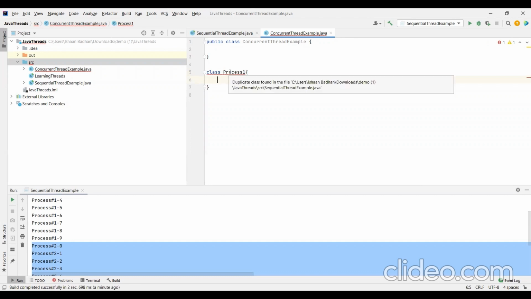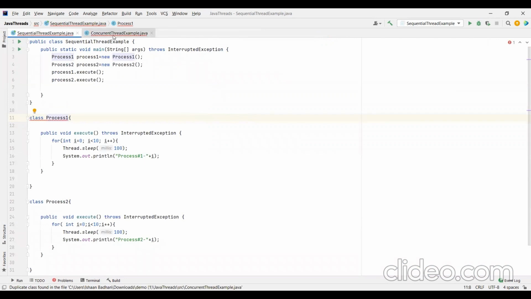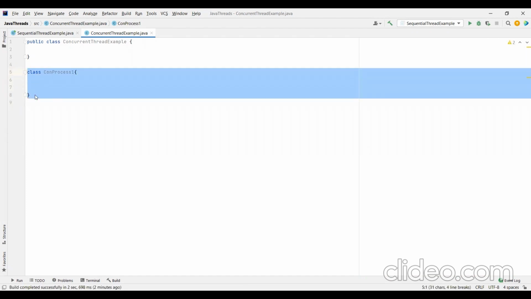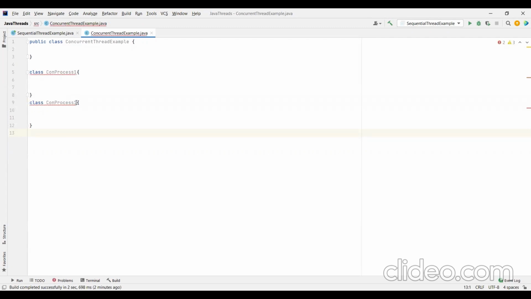Now you see it's throwing a duplicate class found error, because we already have a class in the same package. So we have to create a class with a different name. Okay, so I am saying concurrent process 1. Now in the concurrent process 1,